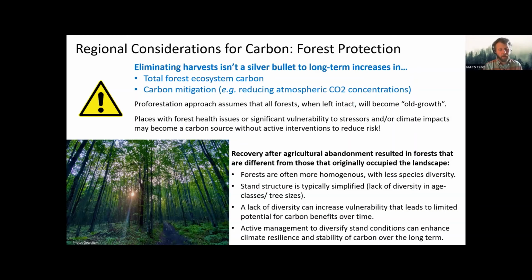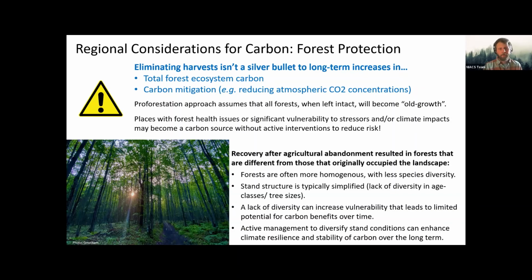That's an untested and unverified idea, as we know that climate is changing and disturbance frequencies are changing and stressors on trees are changing. But also the second assumption, that just leaving forests alone is going to attain those old growth characteristics, is also an assumption that doesn't really recognize all of these things that I've talked about before,